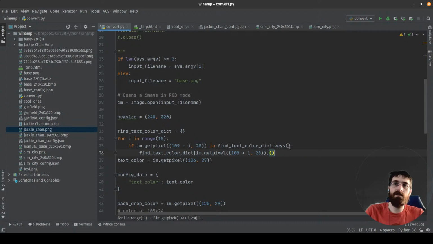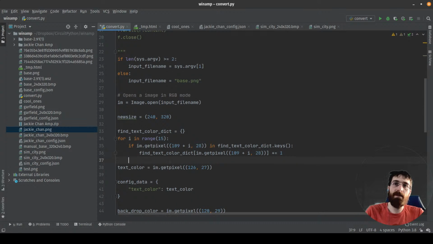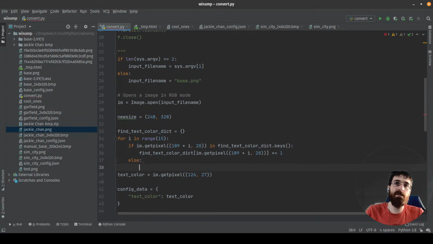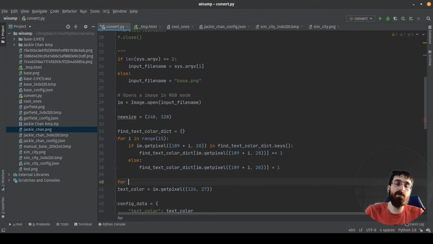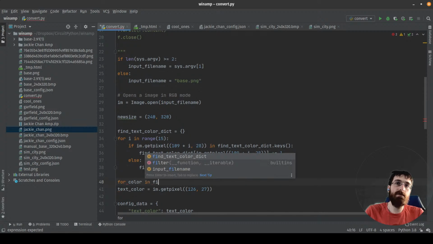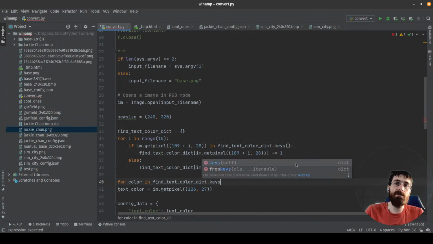If it's in the dictionary, then set it, well, plus equal 1. It's bigger by 1. Else, if it was not in the dictionary yet, then set it into the dictionary and put it on 1. If it's not in there yet, we count the first one. If it is in there, then we just increment the count. And now for color in this dot keys,